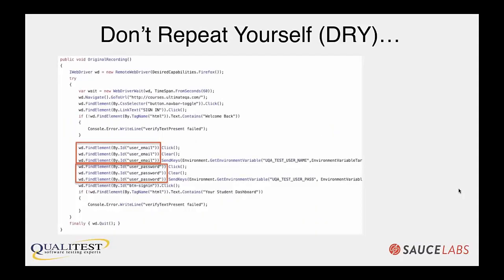Here's an example of a very poorly written automated Selenium test. And you can see some common duplication here. For example, I'm using this element here to interact with this user email, and we're clicking, we're clearing, we're sending keys, and then there's this password element that's also clicking, clearing, and sending keys. This is a very obvious form of duplication because it's right there, right in front of you. You can see it, right? It's literally duplicate lines of code with just a different method at the end.